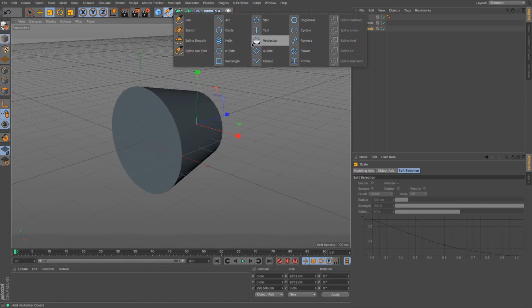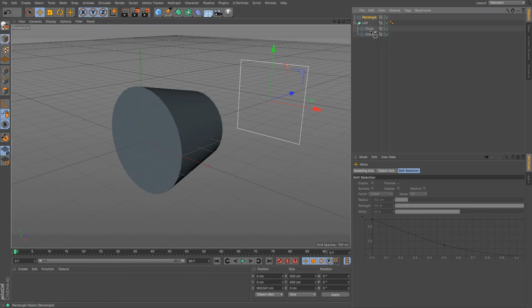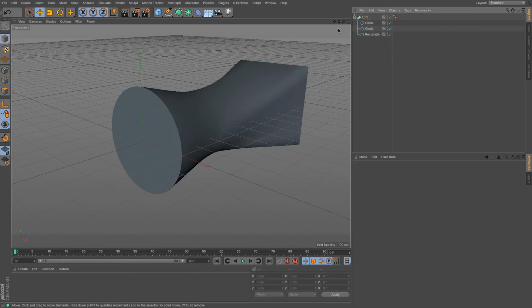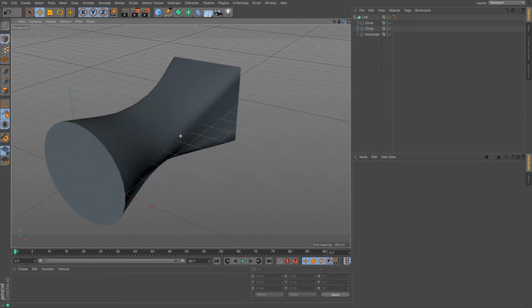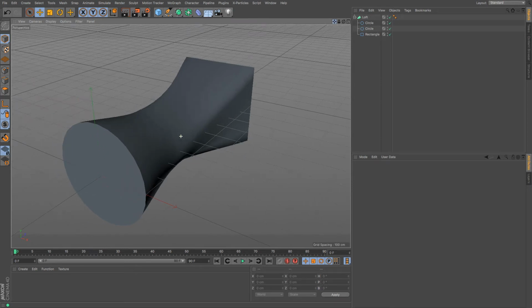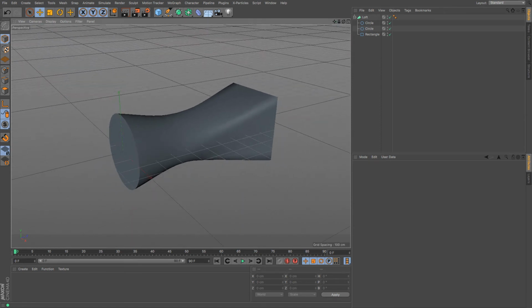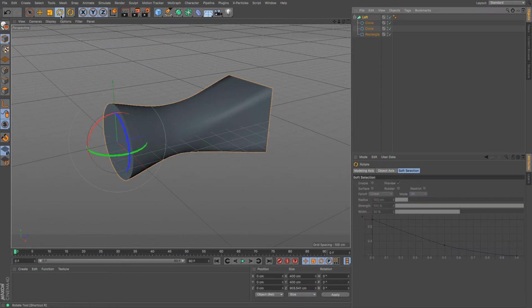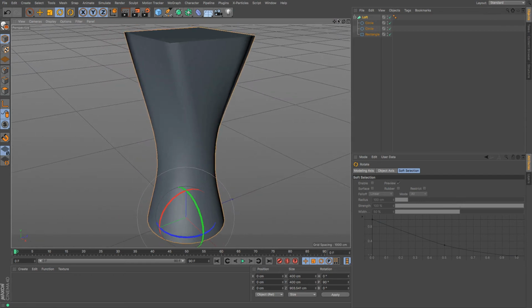And maybe if I used a different type of spline, you'll be able to see that I can start to build up shapes really quickly that would have been maybe more complicated to have worked towards than just a couple of quick clicks like the deformer or the polygonal modeling, and how long that would have taken. But quite quickly we end up with something that would have been a little bit more difficult to have modeled any other way. And so you can rotate it, and maybe I've just made myself a nice vase,